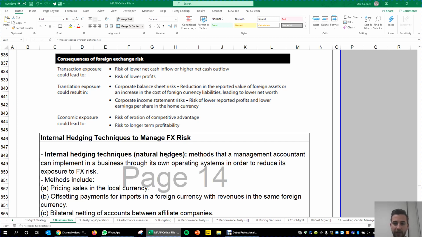to have to convert that into your functional currency or your reporting currency. And the risk is when you do that exchange rate, it's going to result in a lower result for your company than you would under a different methodology or a different timing and so forth. And then finally, economic exposure is basically where the whole value of the company can be influenced by the impact of foreign exchange risk. For example, you might have investments which are influenced by foreign exchange risk. You might have a number of transactions and so forth, which will impact cash flow, which the DCF valuation is based off for your business.